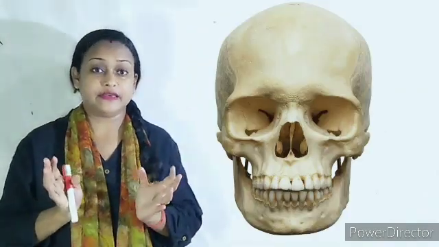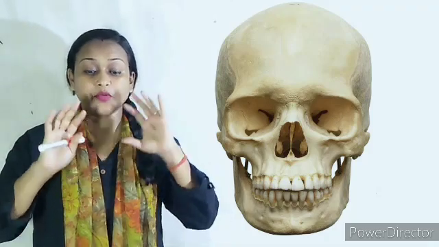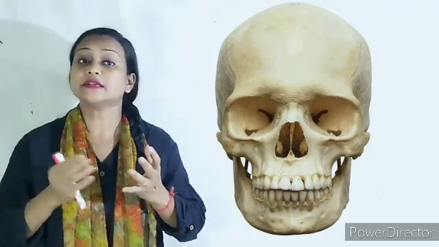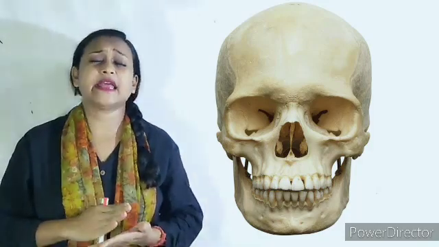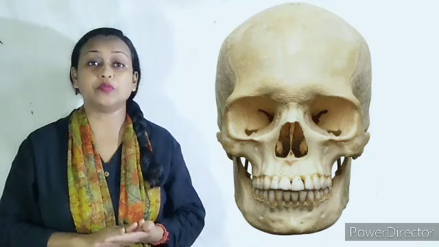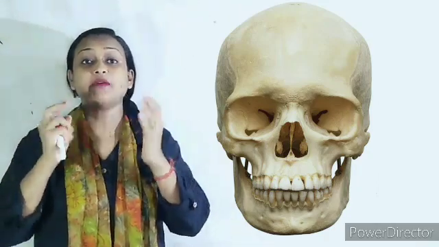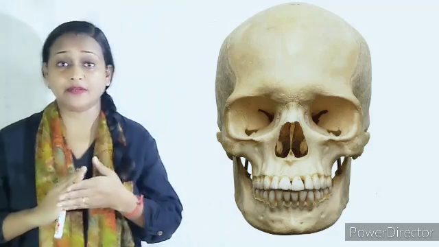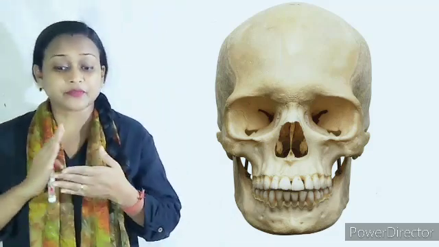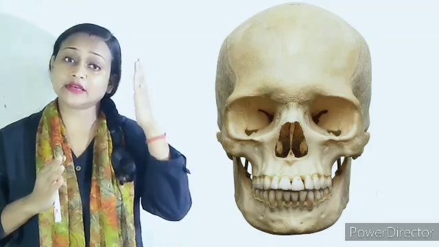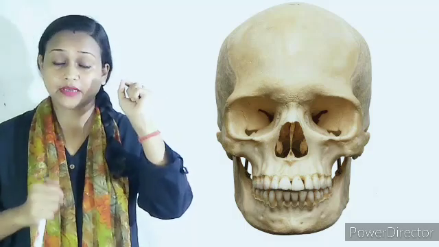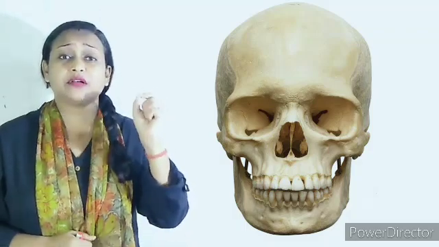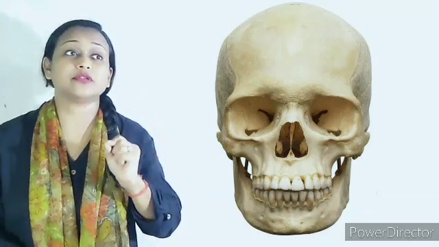The skull is the framework of the head. The bony framework of the head is called the skull, and it is made up of several flat and extremely hard and strong bones. If you see the skull, the bones are flat and very hard and strong. So whenever you get an injury to your head, the hard bone protects it and there is no injury to your brain.